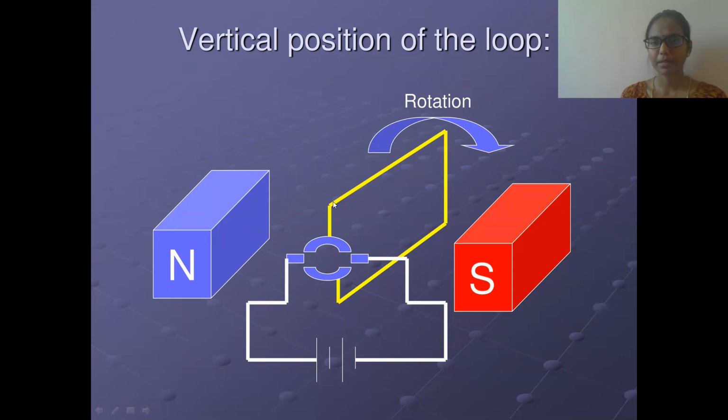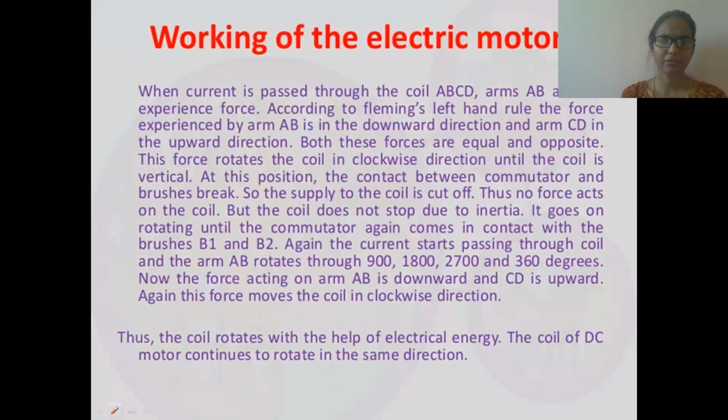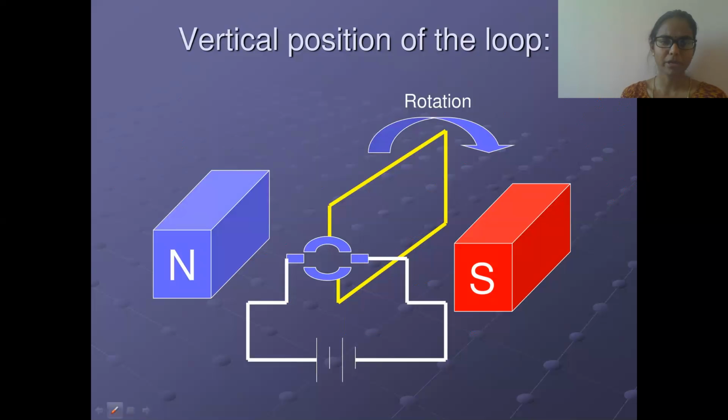At that time, if it is moving in a backward direction, the split ring will continue because of its inertia. Inertia means, children, the opposition offered by the body to stopping or taking rest. Suppose the body is in motion, it will try to stay in motion in the same direction. Suppose a body is rotating, it will keep rotating even after you remove the force. That is the property we call inertia. Suppose the body is at rest, it will try to stay at rest unless you apply force, and only then it starts moving.